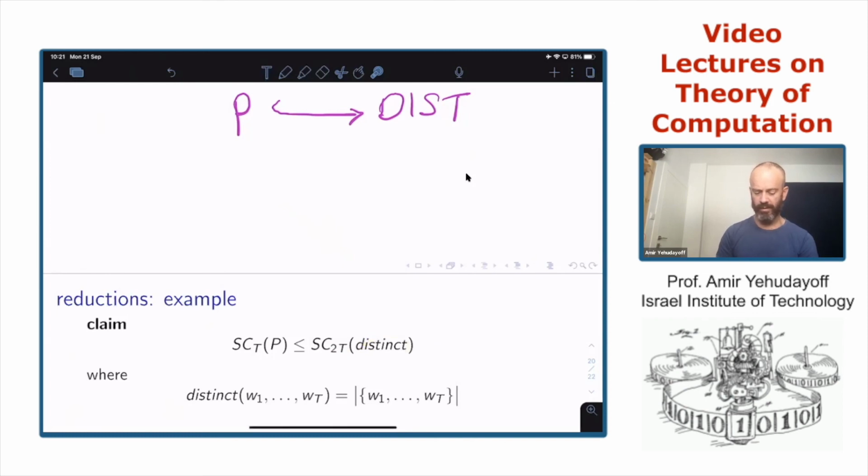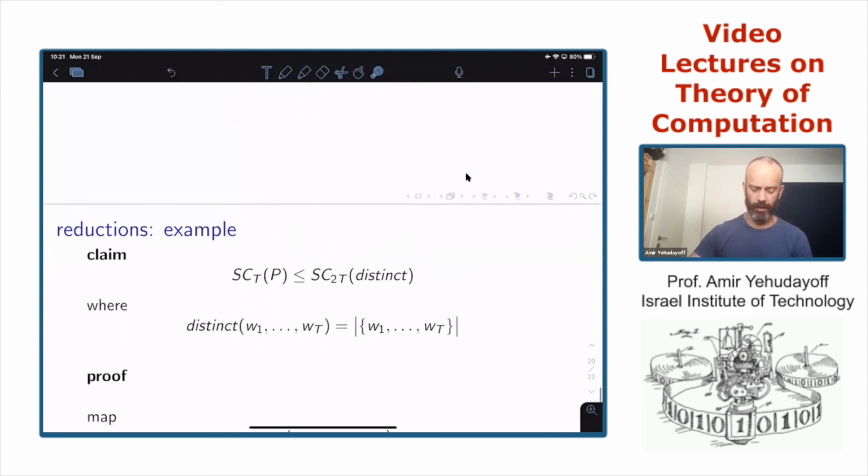The number of distinct elements in the string is the number of distinct elements we saw, which is the size of this set. This is one way to define it. So palindromes is easier than the number of distinct elements according to this claim. And here is a sketch of the argument.